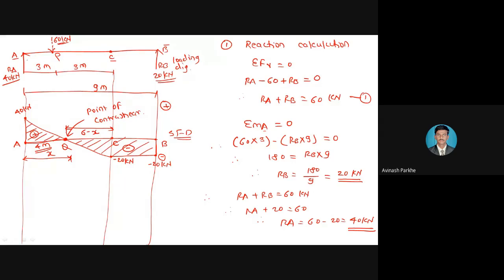That means AC distance represents the UDL distance. Okay, but in between this particular A and Q, again your UDL is present. That means जसं point C ला बेंडिंग मोमेंट काढताना आपण टोटल UDL कन्सिडर केला 60 किलोन्यूटनचा, तसंच ह्या पॉइंट Q ला बेंडिंग मोमेंट काढताना जे काय एकी डिस्टन्स 4 मीटर आहे, त्या 4 मीटर UDL चा पण आपल्याला डिस्टन्स काय करायचं आहे, कन्सिडर करायचं आहे.